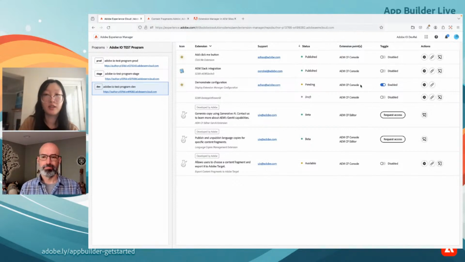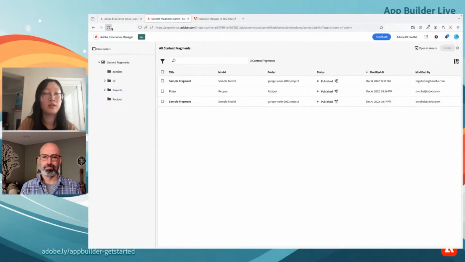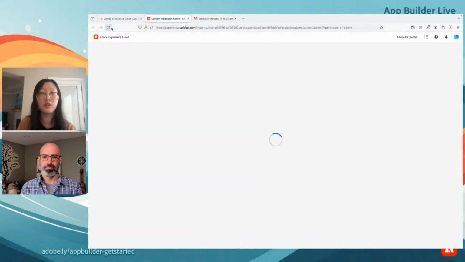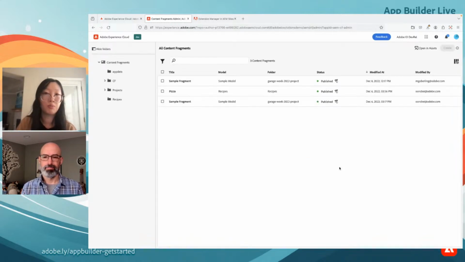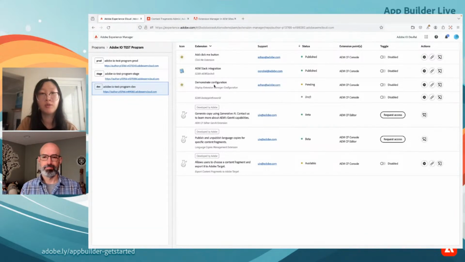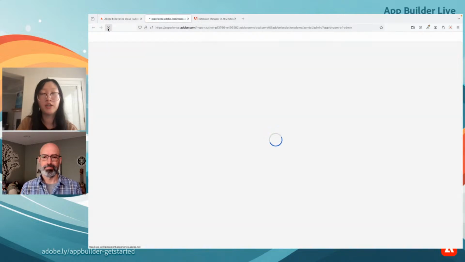So this toggle is so that when you enable it, the extension point will automatically load this extension. So, I have the CF console for this instance open right here. And we can see that this is the before state. So then when I enable this extension and refresh,